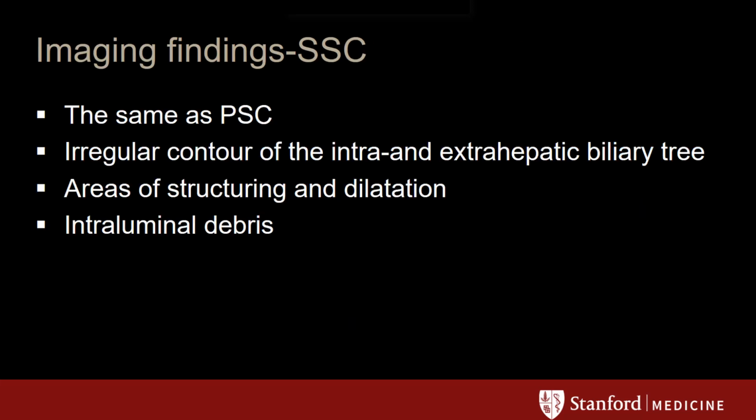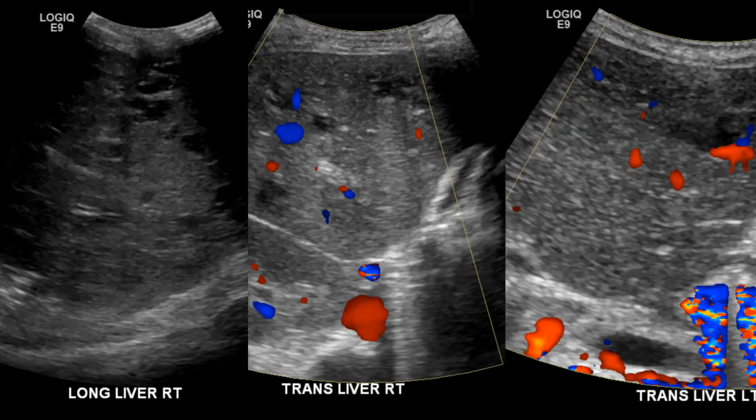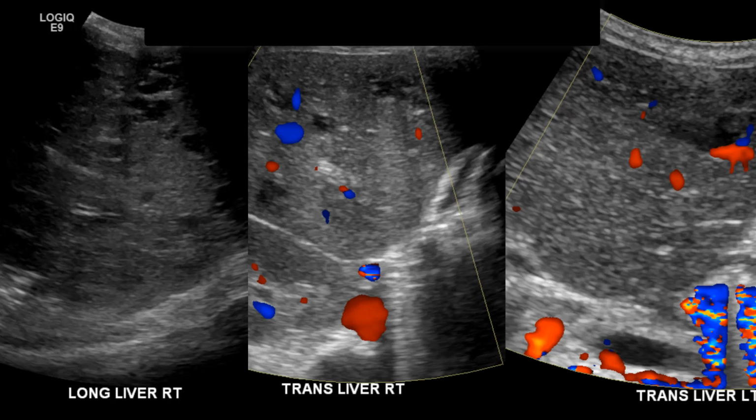Imaging findings are the same as in PSC. It's hard to tell the difference. So this is an interesting case. This is a 19-year-old kid who came in with no past medical history in 2015, and he had altered mental status and brain lesions and was in status epilepticus starting in August. And he had been in status for 4 months, unable to be